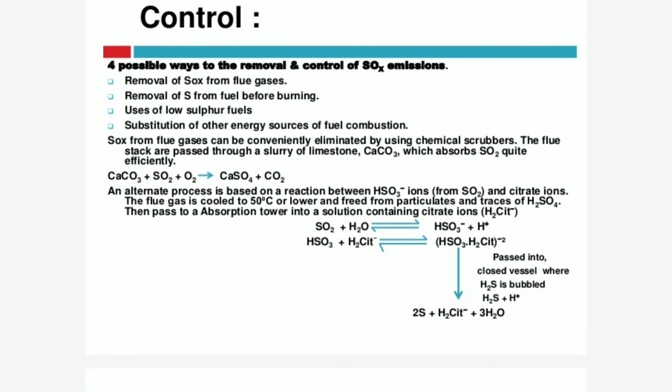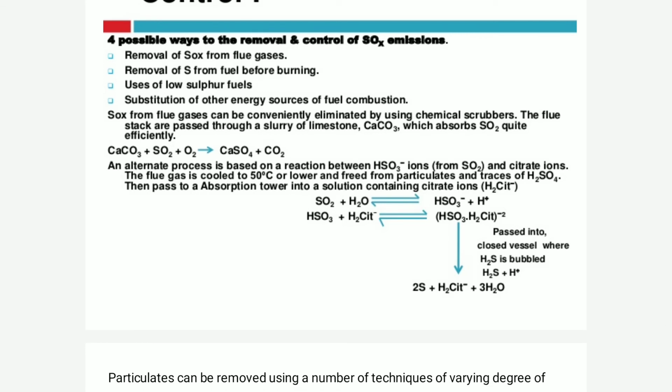Other ways of control that we have already learned are removal of SOx from flue gas, removal of sulfur from fuel before burning, use of low sulfur fuel, and substitution of other energy sources for fuel combustion. So these are basically the four ways to reduce SOx emission. SOx from the flue gas is usually eliminated by using chemical scrubbers. That is, the flue gas is passed through a slurry of limestone or calcium carbonate, and what we get is calcium sulfate, a precipitate which can be